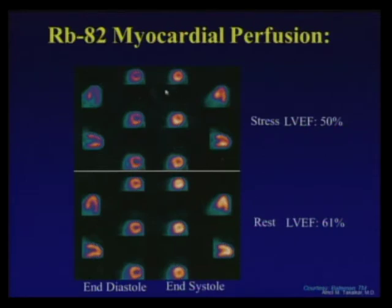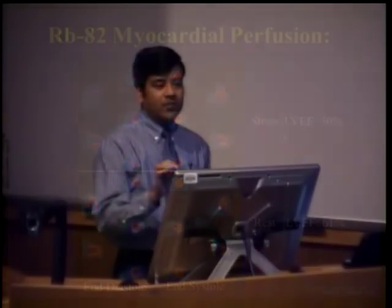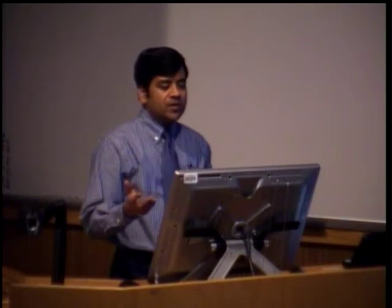LVEF dropped with stress. That's another bad sign if you do a stress and the LVEF drops. So with rubidium, you get the purest EF and perfusion match because it's happening almost at the same time. Okay, with most others, so with SPECT, you do the stress and you get the images 30 minutes to 60